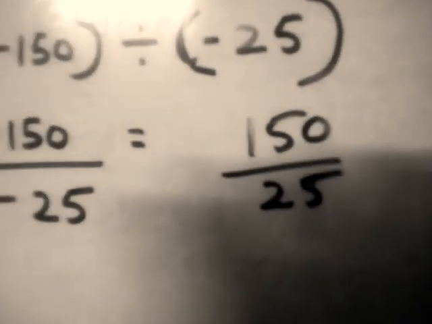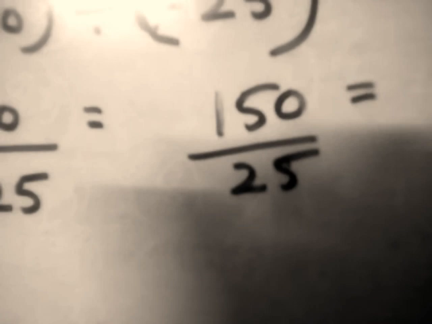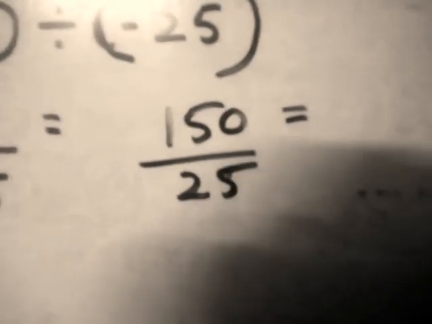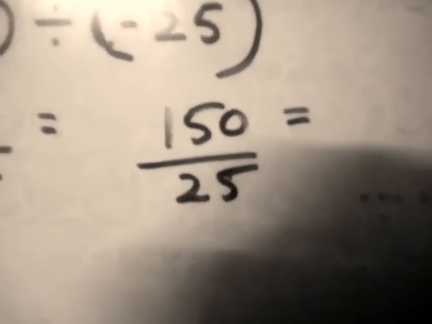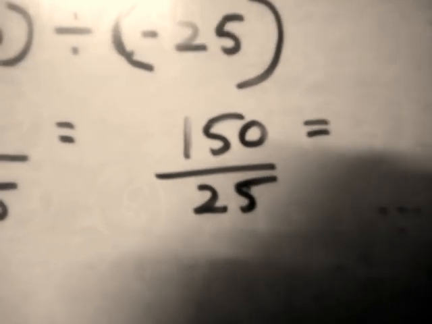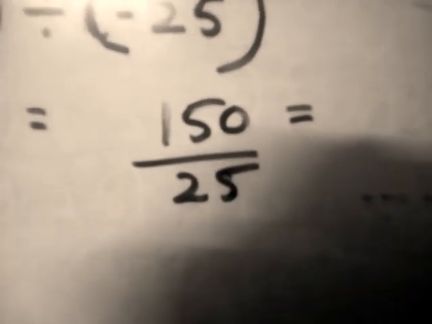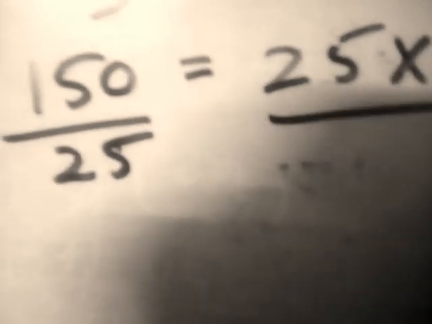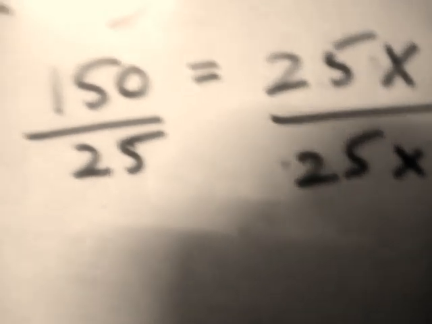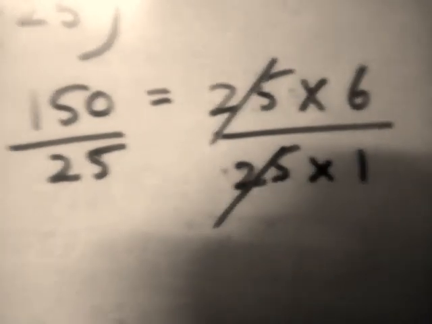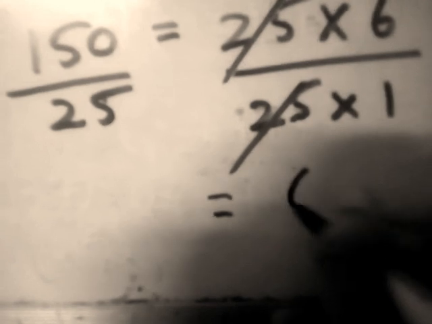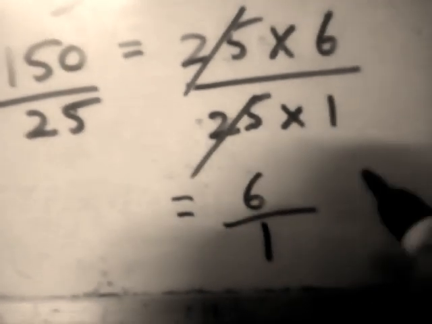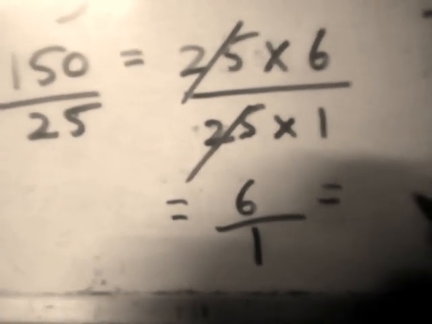You have to check that. Yes, it is divisible. You have to write the 25 table if you don't know. The 25 table is very simple. It is very common. You have to write it on the right side. You have to draw a straight line with pencil and ruler, and you have to write the 25 table. 25 sixes, and here 25 ones. 25 gets cancelled. So your answer is 6 upon 1. Any number divided by 1 is the same number.